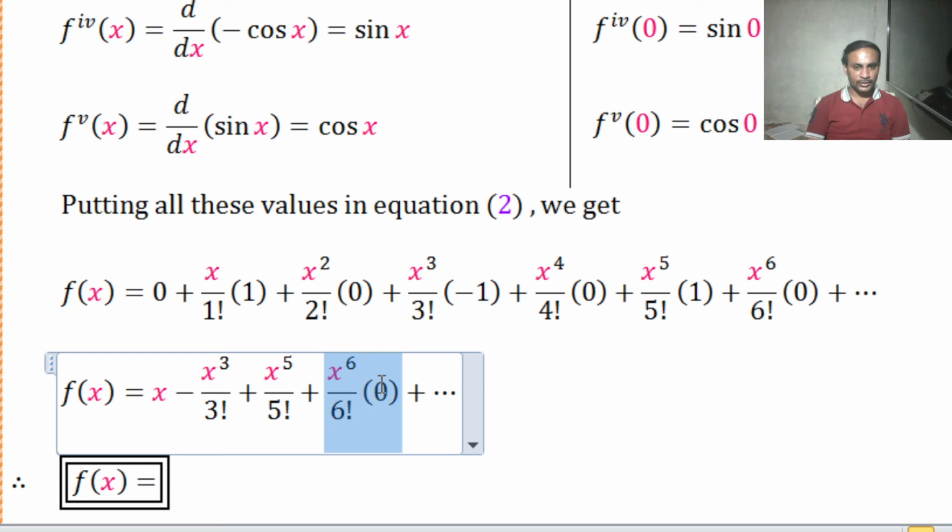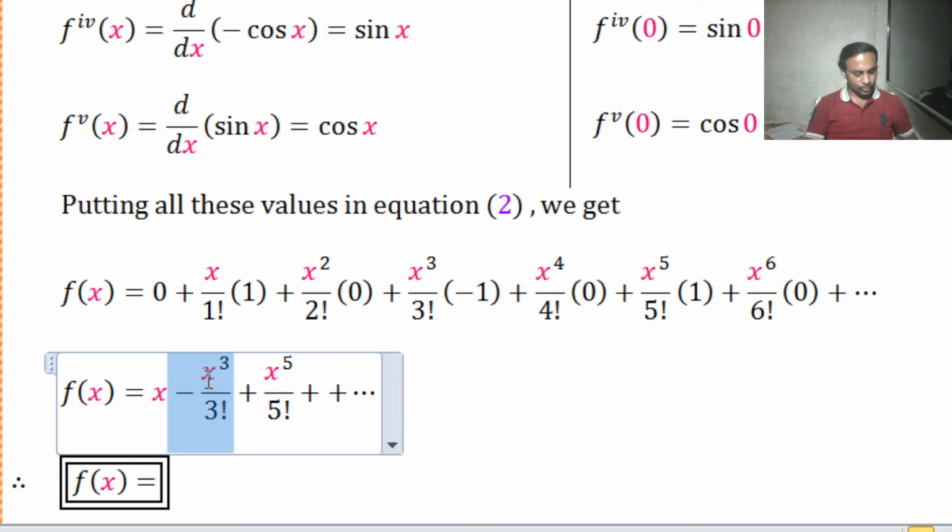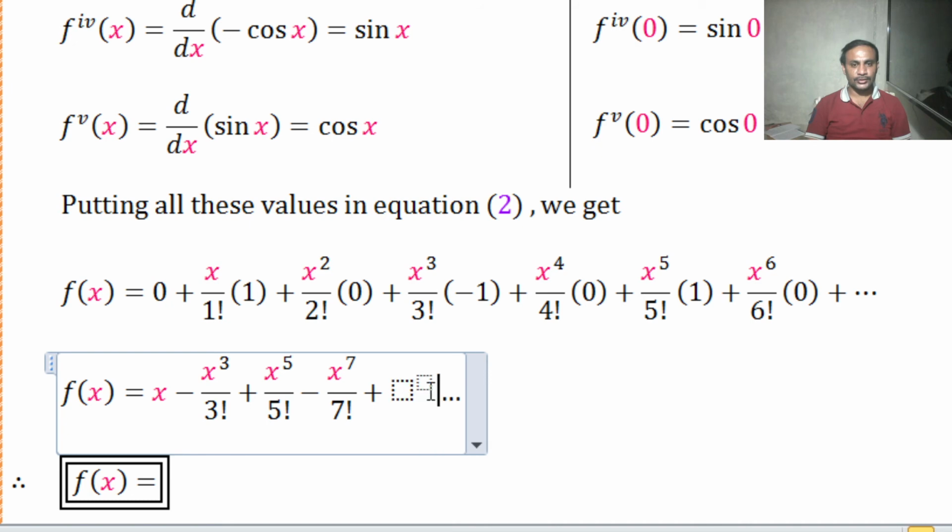The next term is minus x raised to 7 upon 7 factorial, and if we generalize this idea, then the nth term is